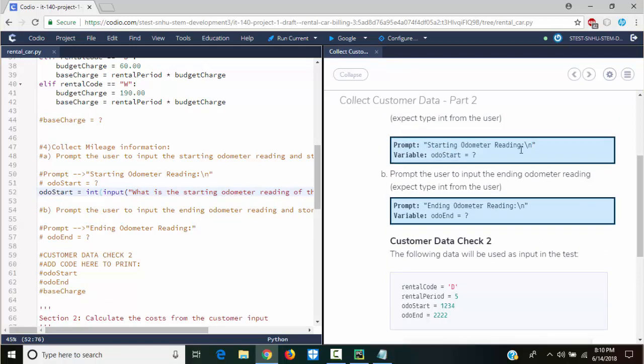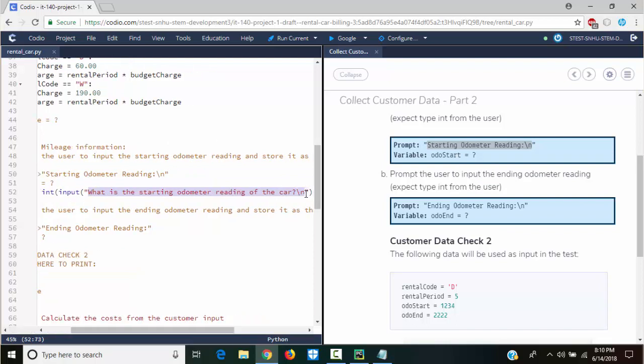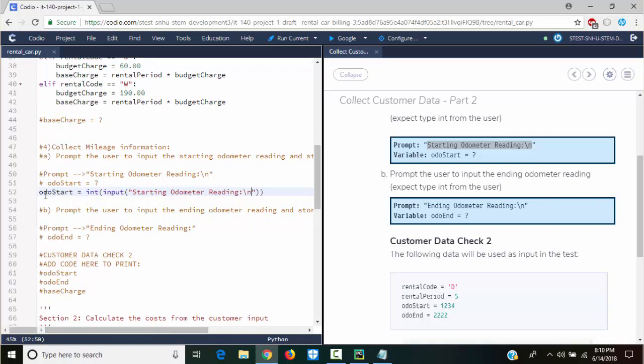So I'm just gonna copy this here and just change the question so it will suit what Codio wants. Paste. And you do the same thing for odo end.